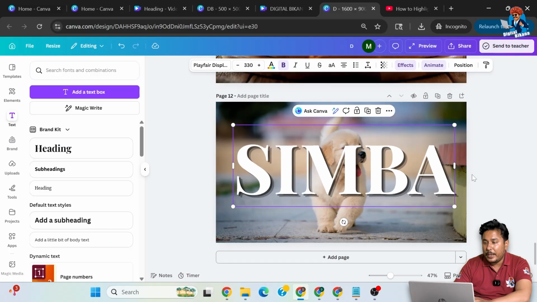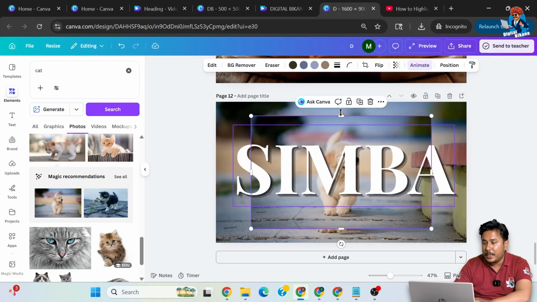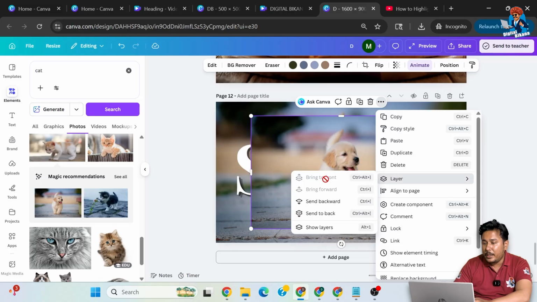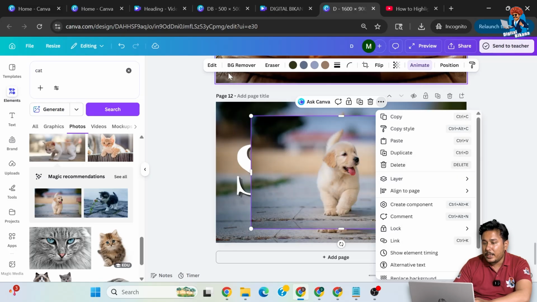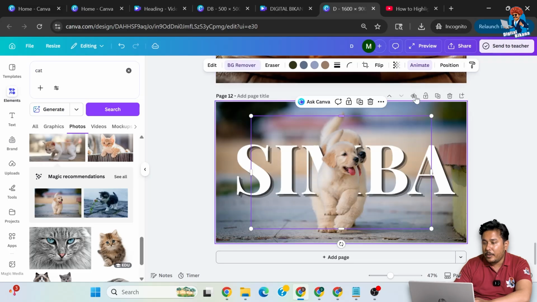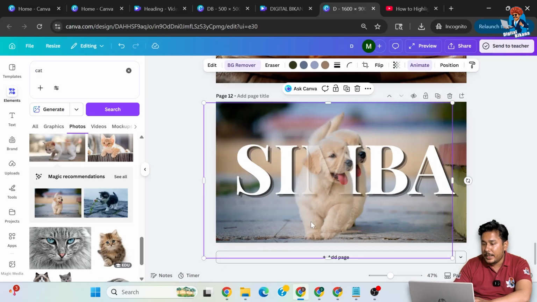Sir, how can we improve it more? Let me tell you. We are going back to the elements, and we are again going to select this puppy image and bring this puppy image to the front, and now we are just going to remove the background, and now we are going to decrease the transparency a little bit,